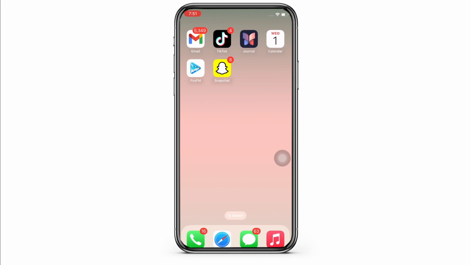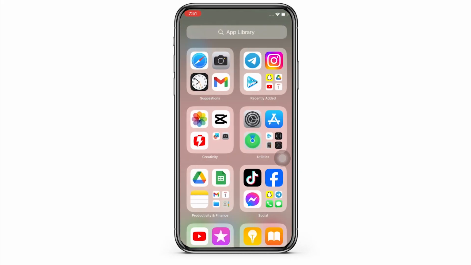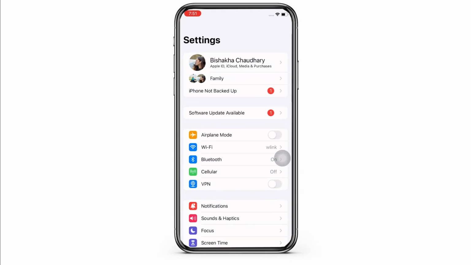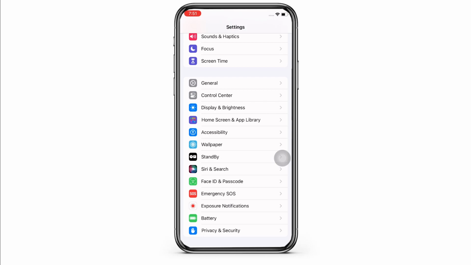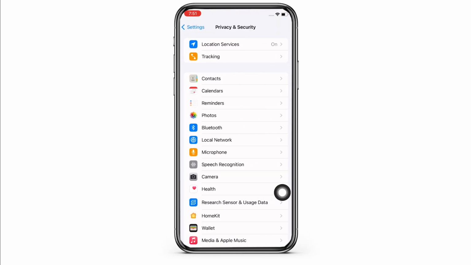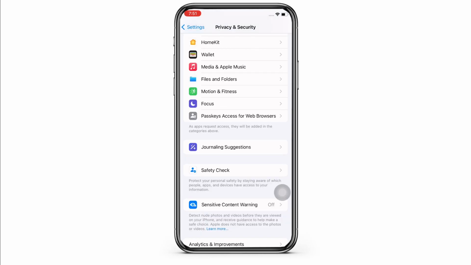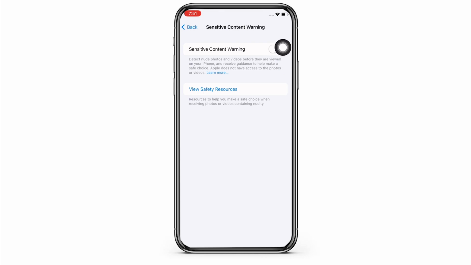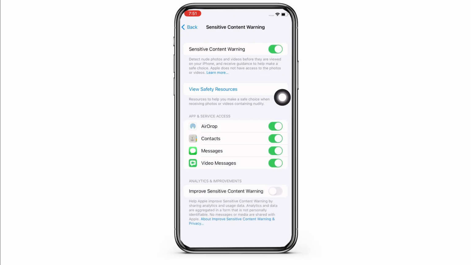So to blur sensitive content on iPhone or iPad, go ahead and launch the Settings application on your device. Scroll down until you see the option for Privacy and Security. Scroll down again and you will see the option for Sensitive Content Warning. Tap on that. Now toggle on the button for Sensitive Content Warning, and with this, every time you will receive